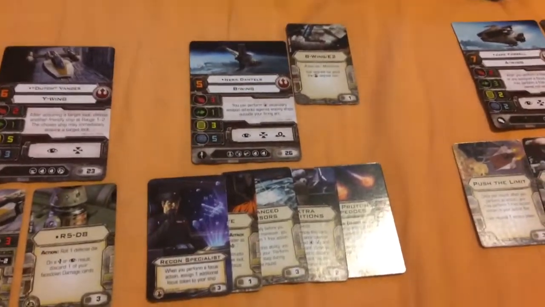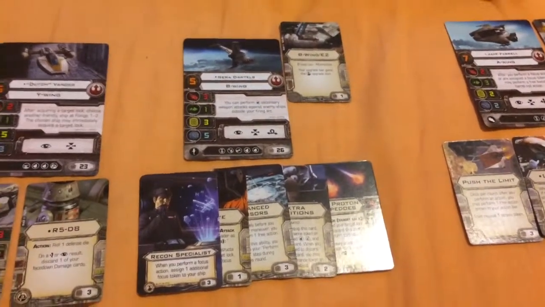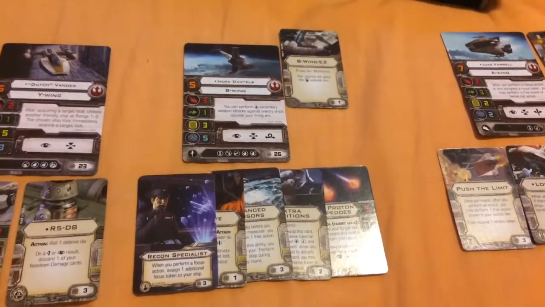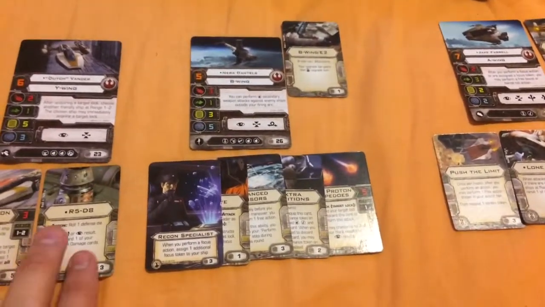I've used this build. I used this ship twice against my enemy, my roommate's Z95 Headhunter, and each time I used it, I one-shotted his Z95. It was just that lethal. Then again, the Z95 is really meant to be used on their own. They're meant to be a swarming ship, so there's that. Anyway,